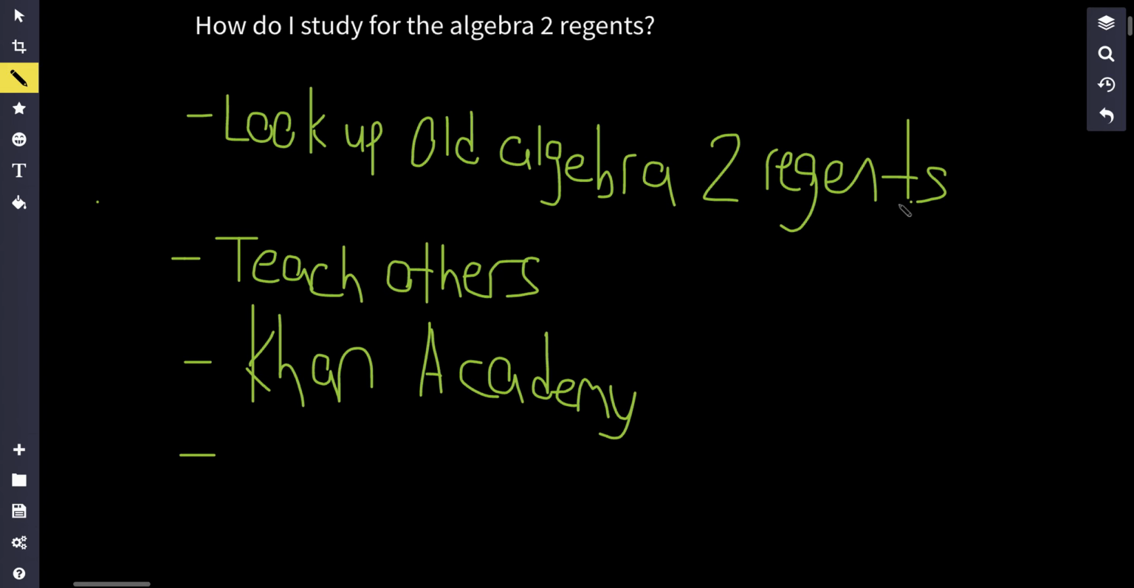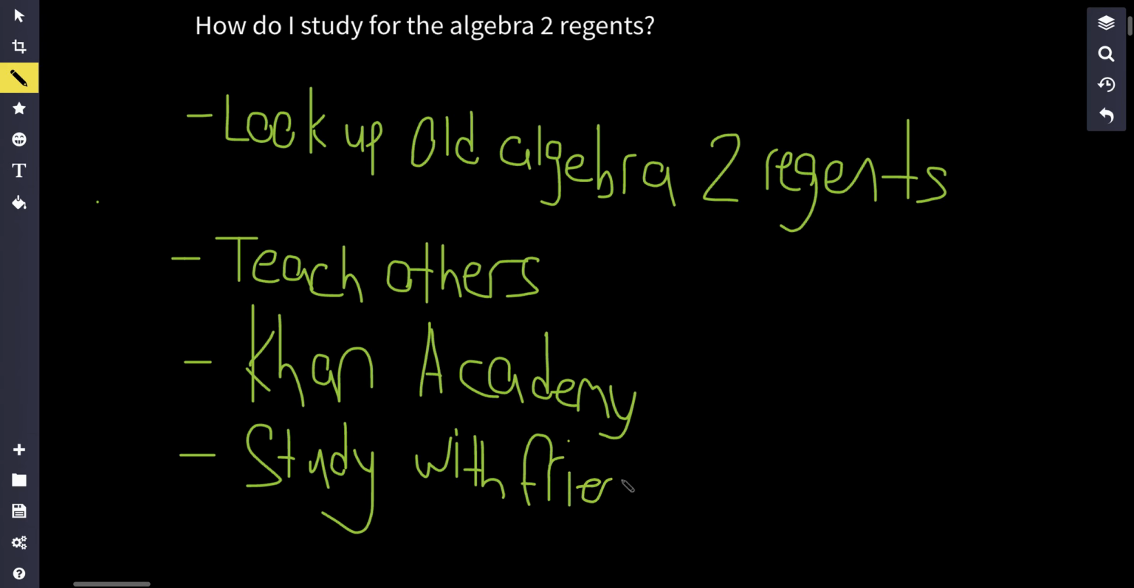And finally, another thing you can do to study for the Algebra 2 Regents is you can study with friends. Studying with friends always makes things more fun. It's important not to get too distracted, but studying with friends, if you're on task, you're locked in, and you test each other on specific practice problems or specific formulas you have to memorize, well, that's also really